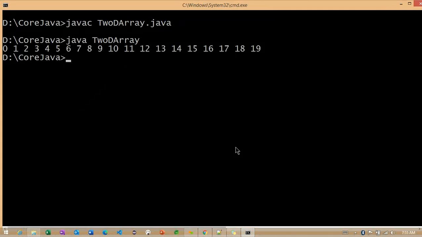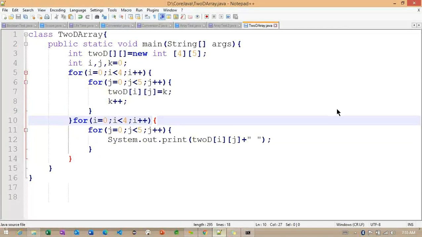With the help of the print method, we are printing the values in a single line. But we are not expecting all the values in a single line, because of how we created the values: each row has 5 values and we have 4 rows.